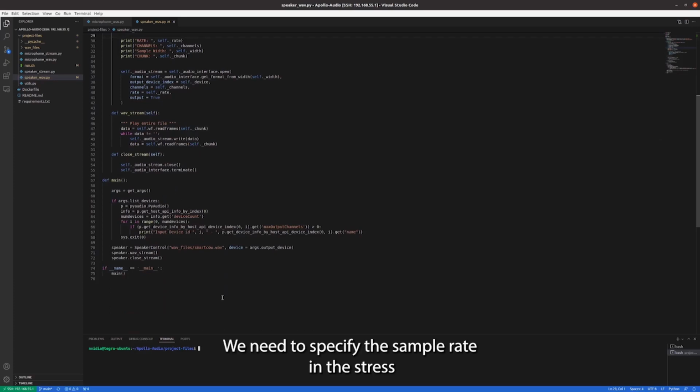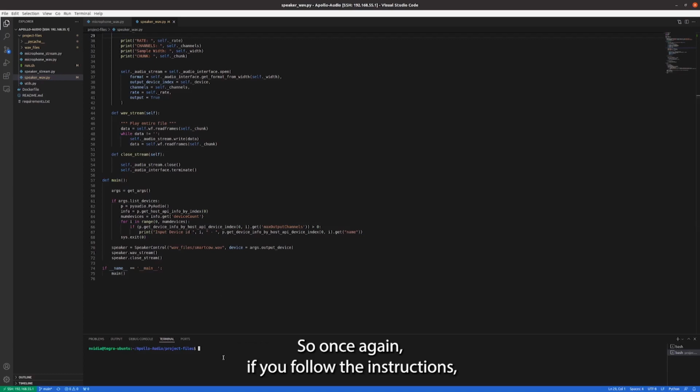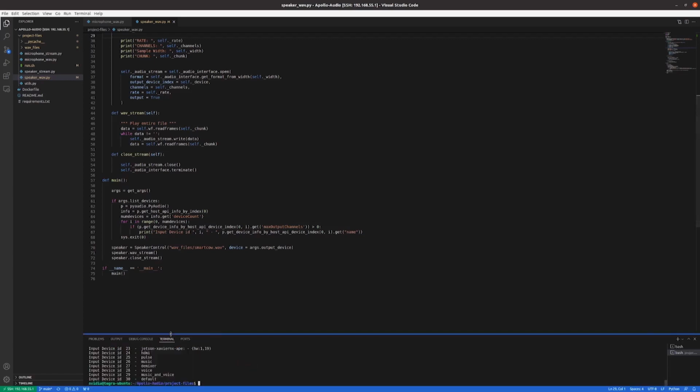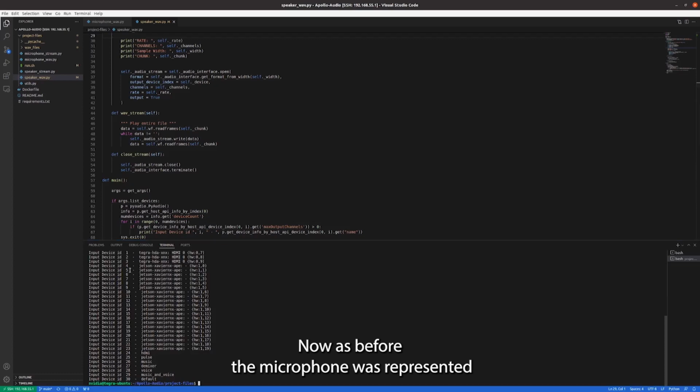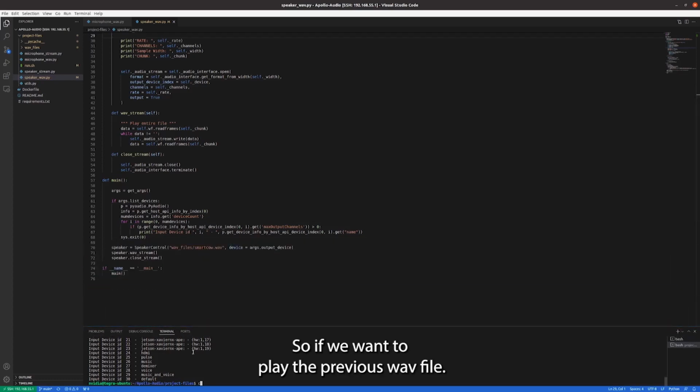We need to specify the sample rate in the script, the WAV file to play, and we need to find the right output device. Once again, if you follow the instructions, all you have to do is type the following command. As before, the microphone was represented by device number 4, our speaker is going to be represented by device number 5. So if we want to play the previous WAV file,